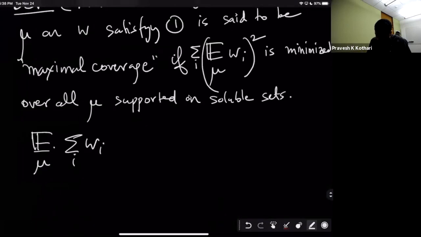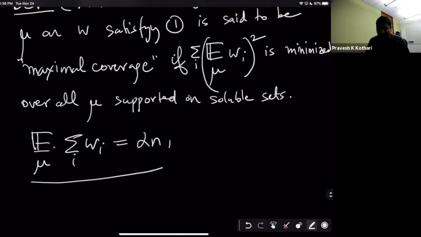So the sum over i of the expectation of Wi has to be alpha n. The Wi are supposed to be 0, 1 valued. Given this constraint, if I had no other constraints and I didn't want to pick soluble sets, then the best thing you can do to minimize the sum of the squares of the expectations of Wi is